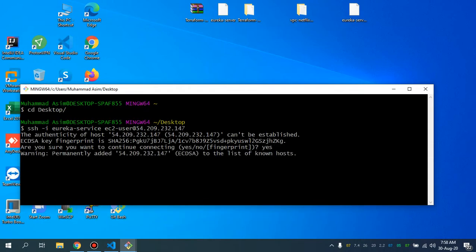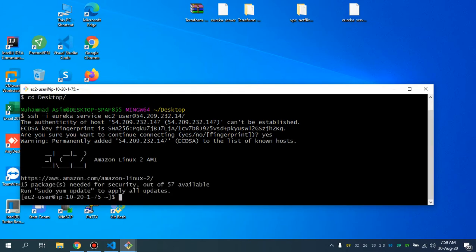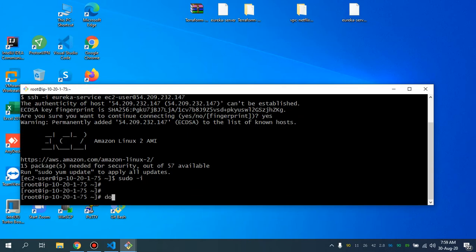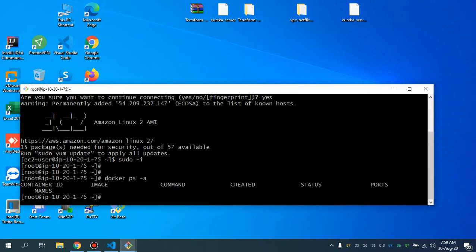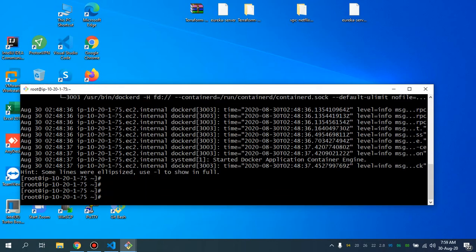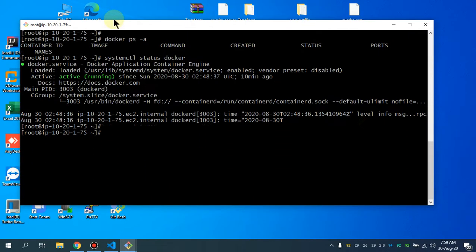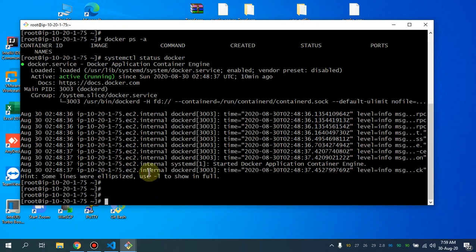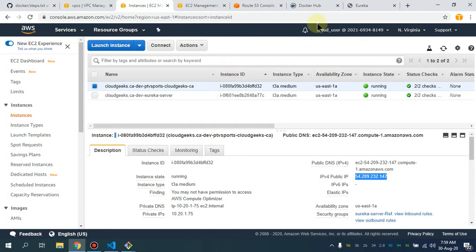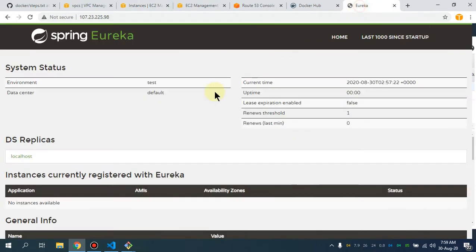In this particular machine also, Docker is up and running. If I do docker ps -a, you see Docker is available. Let me do systemctl status docker. You see the service of Docker is running, active. Okay, so what I'm going to do is run the PTB Sports service, but